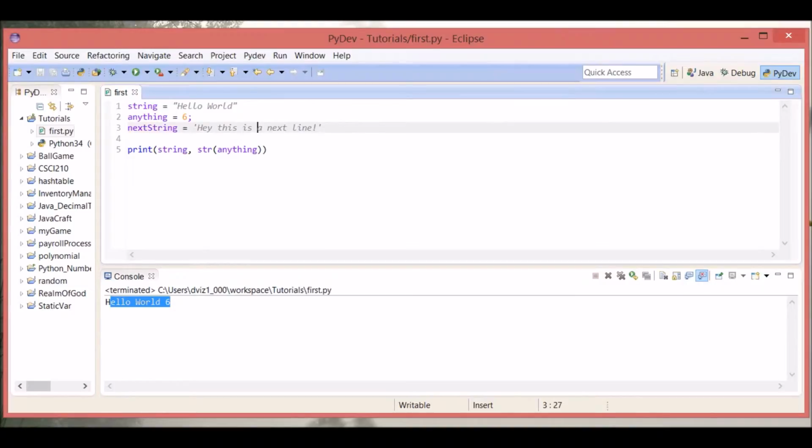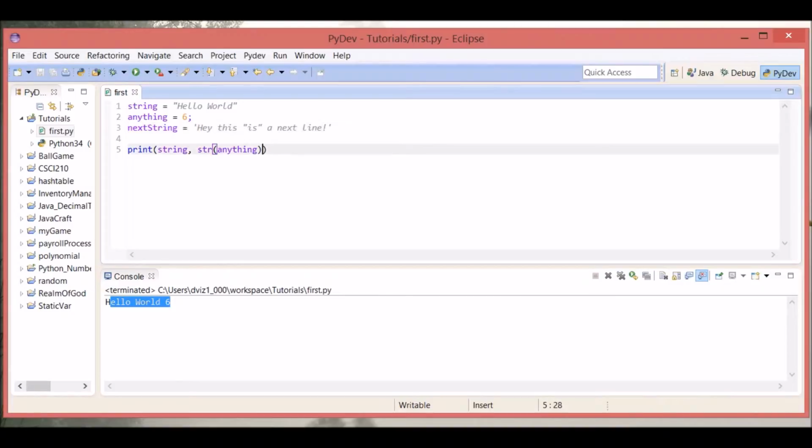which is completely fine. And the cool thing about these quotes is that if you want to print out quotes inside of your string, then you basically want to use the opposite of what you're using on the outside. So if I want to say this is on the inside in quotes, I would have to use double quotes, because if I use single quotes, it's actually going to think that, hey, it's the end of the statement, and the word is just excluded because we have this enclosed in single quotes and this enclosed in single quotes, and the word is just kind of there. So what we want to do is use double quotes and say is,